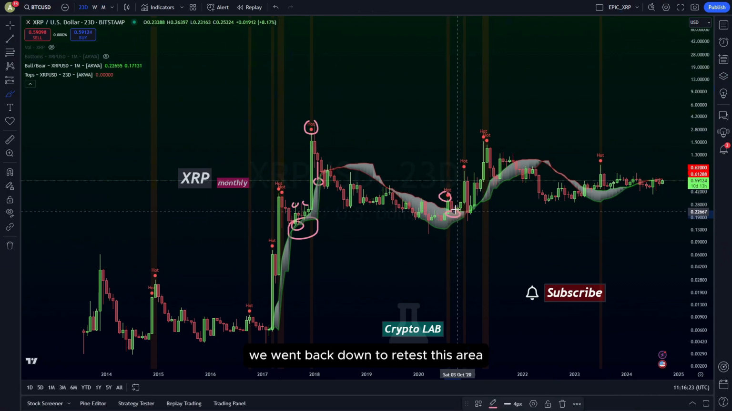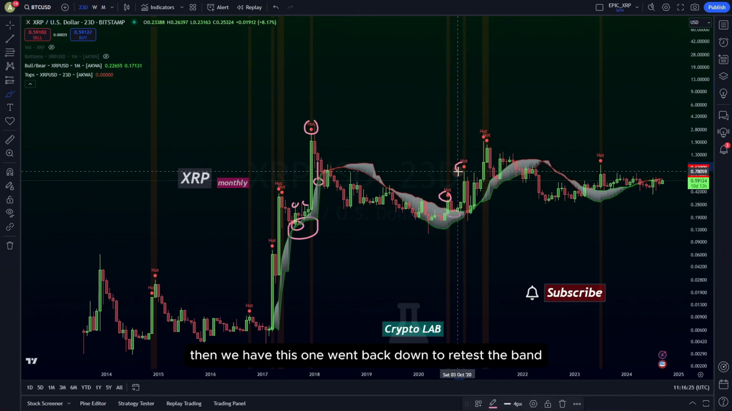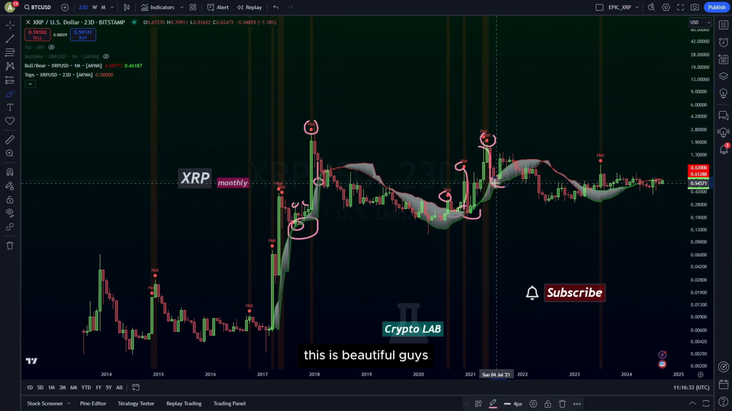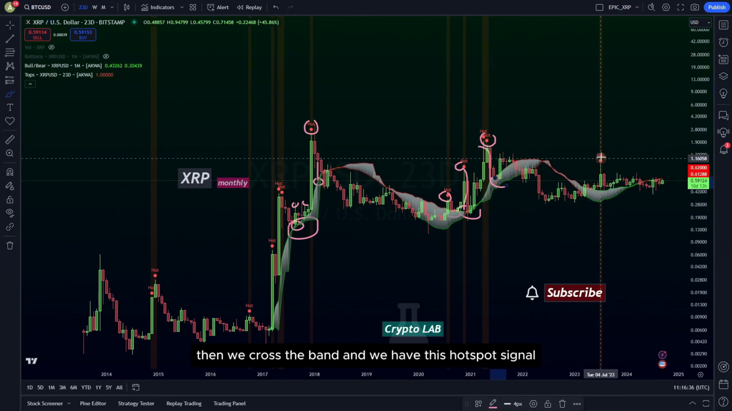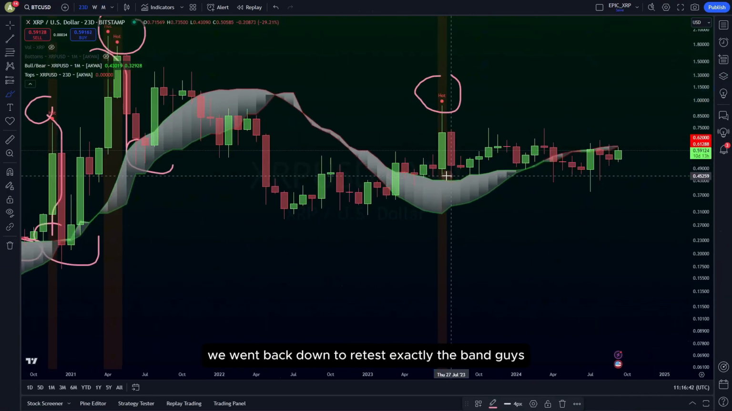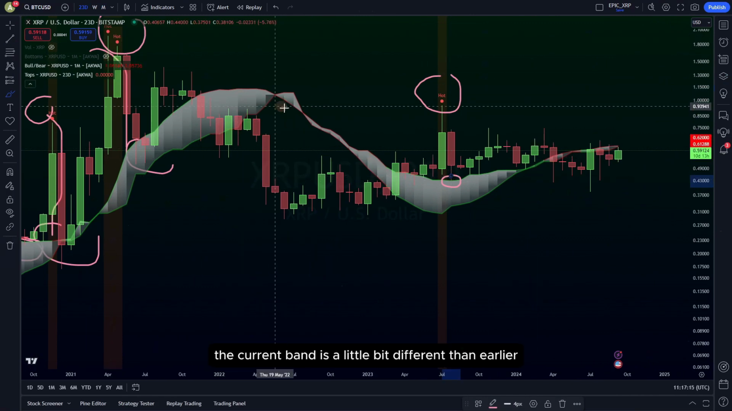We went back down to retest this area. Then we have this one, we went back down to retest the band. Then we crossed the band, and we have this hotspot signal. And what did we do? We went back down to retest exactly the band, guys. This is beautiful. That said, the current band is a little bit different than earlier, because currently we are on